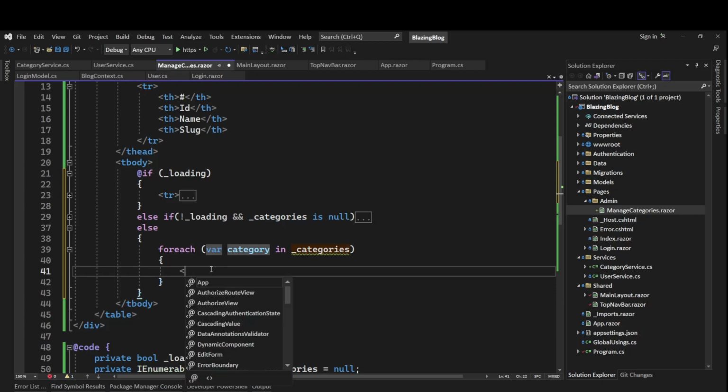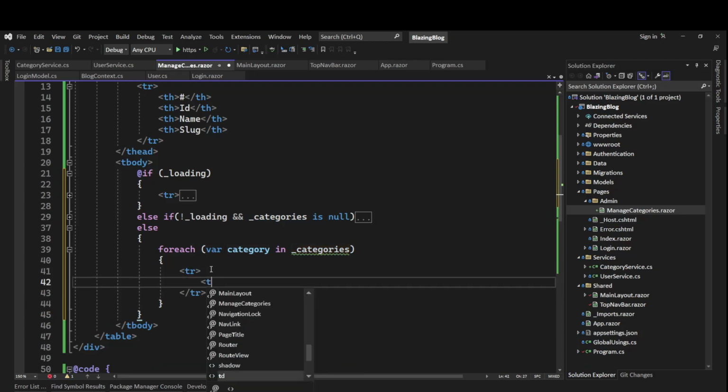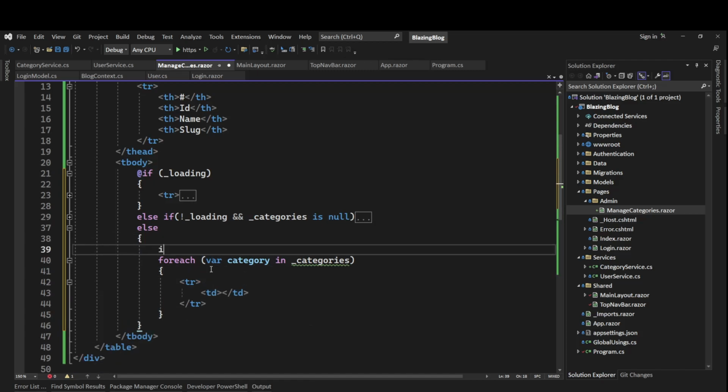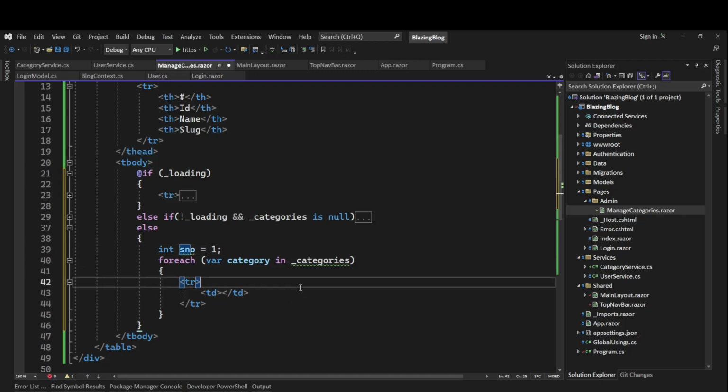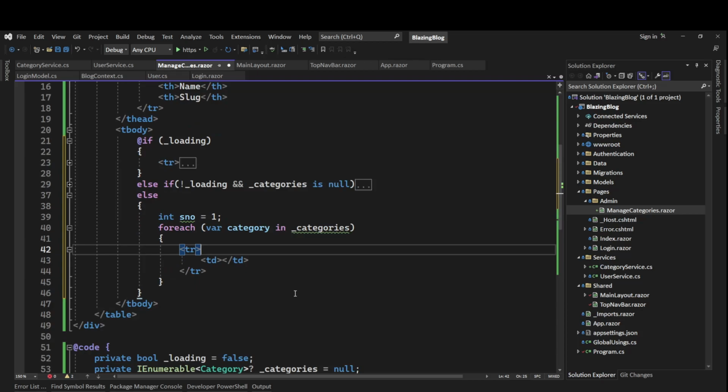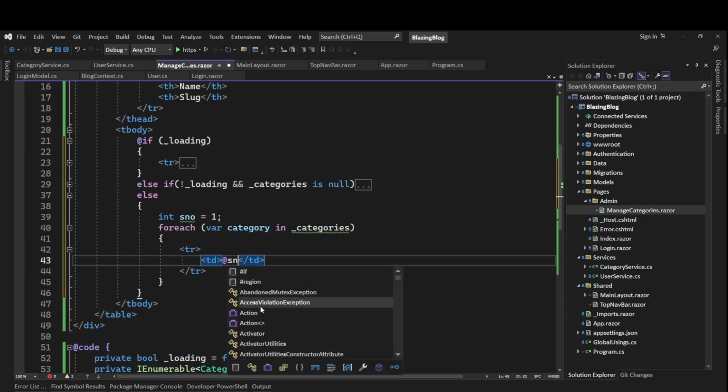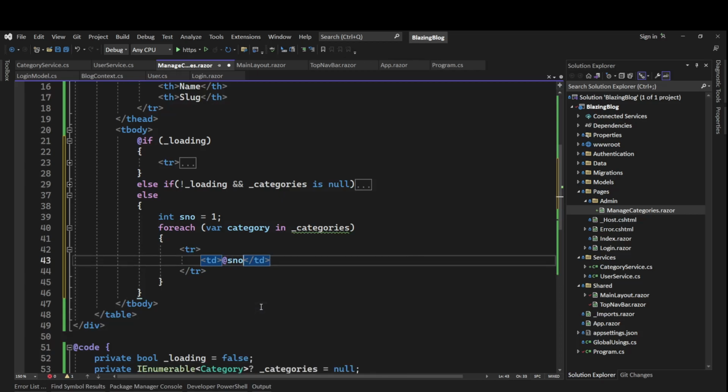Here we'll add our tr with td. First is the serial number. So for that, let's have int serialNumber equals 1. Here we'll use that serial number, SNO,